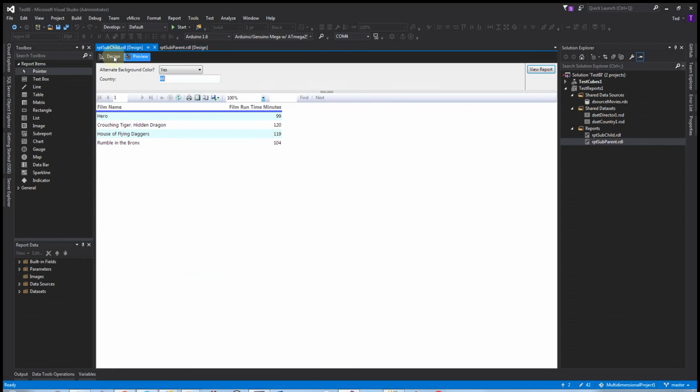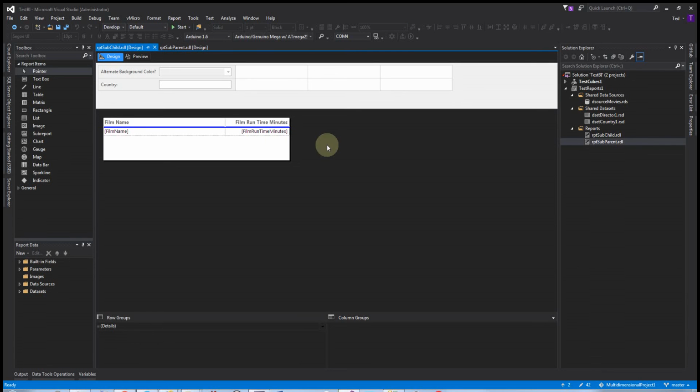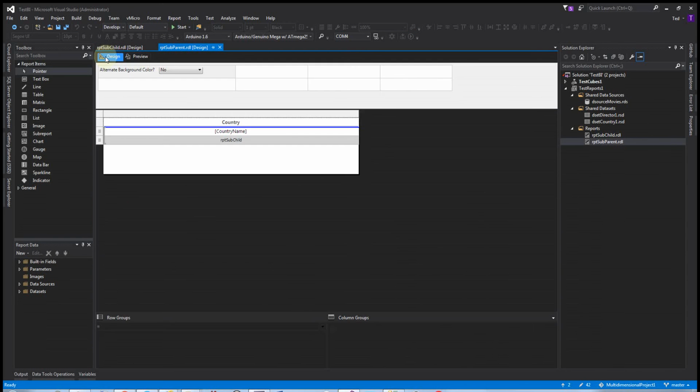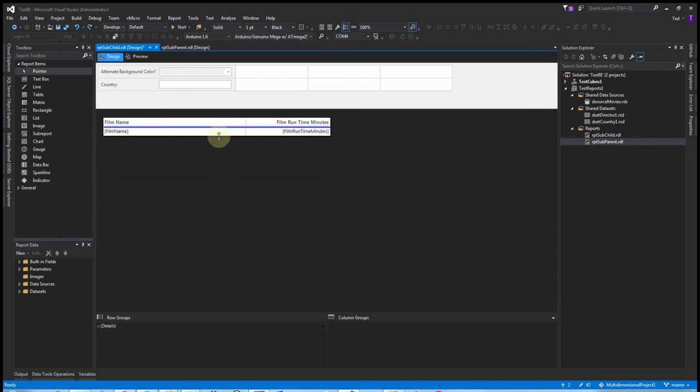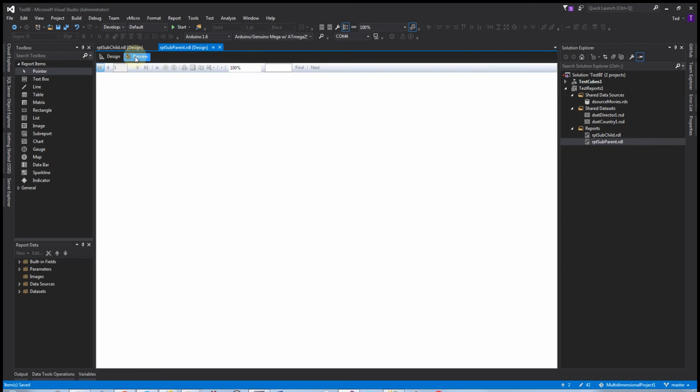If we go into the design phase, we see that this has got a bunch of white space down here, and this is not as wide as this is. See, this is wider than this is. So we need to make sure that they're the same, and that's up to us. It's not going to actually do this for us, and we need to get rid of this extra white space in the child report. And now if we save that and go back to the parent and do a preview,